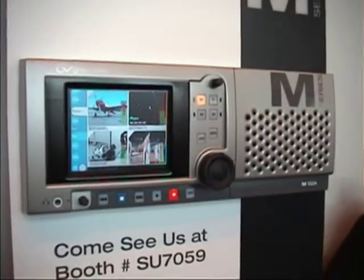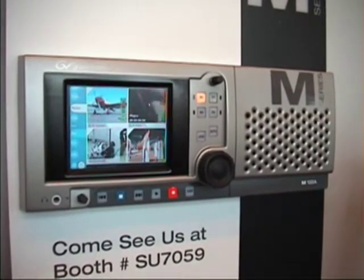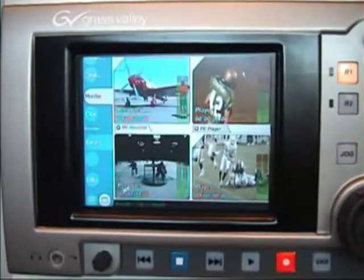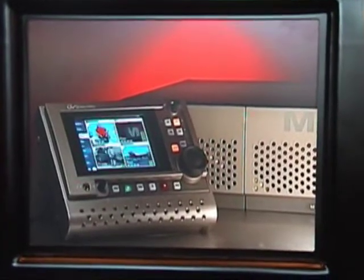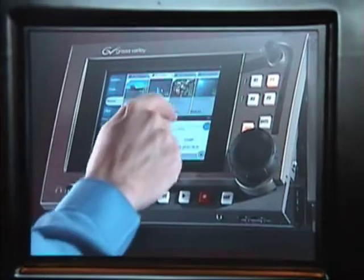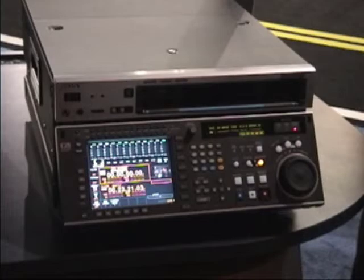For those who prefer their storage in a more traditional package, Thompson Grass Valley was showing their M-Series iVDR. Sporting a traditional production VDR interface, this device is capable of simultaneous record and playout, allowing it to do the work of several VDRs. And finally, along with their HDC F950 HD camera, Sony demonstrated their SRW 5000 HD Cam SR